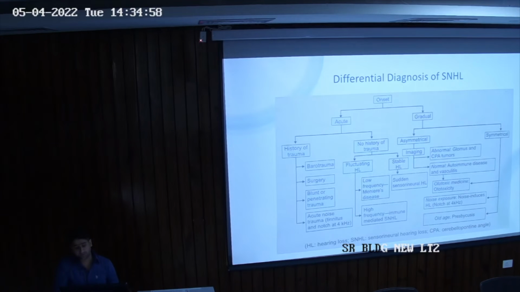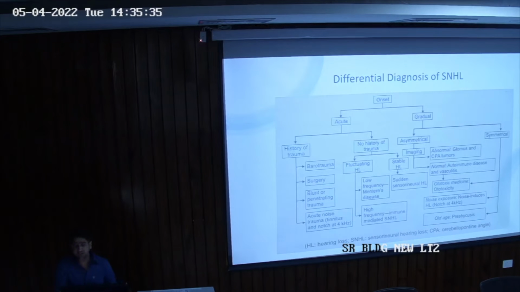If in imaging something abnormal is found, generally what we get is either a glomus tumor, glomus tympanicum, glomus jugulare, you will read, or a CP angle tumor, cerebellopontine angle, from where the 8th nerve emerges. There are a lot of structures and nerves around the cerebellopontine angle, and a tumor of any of them can occur, it can be hemangiomatous. Okay.